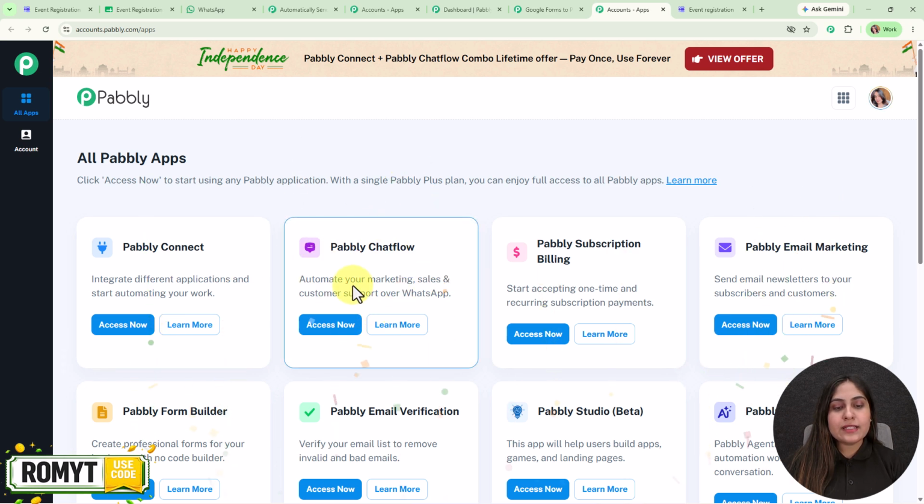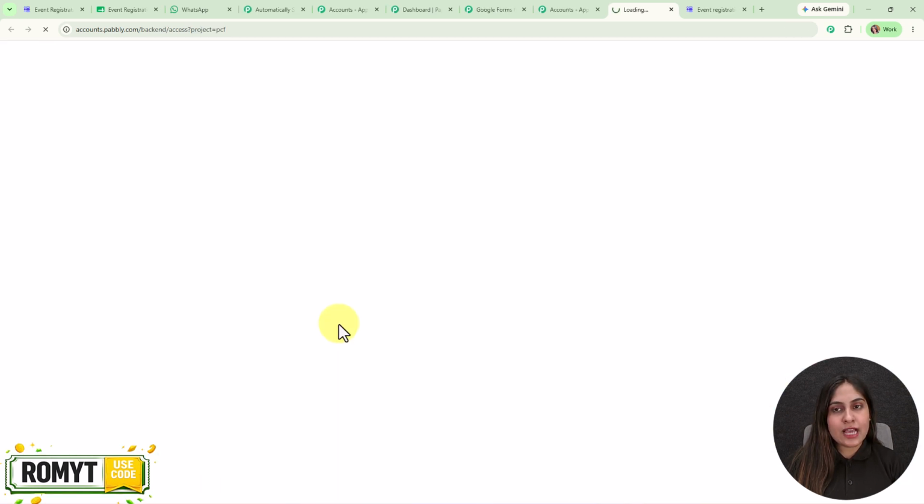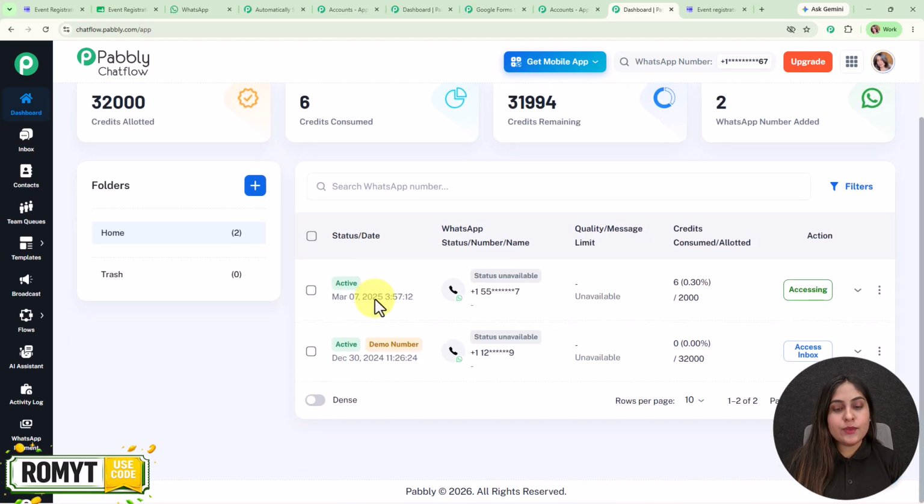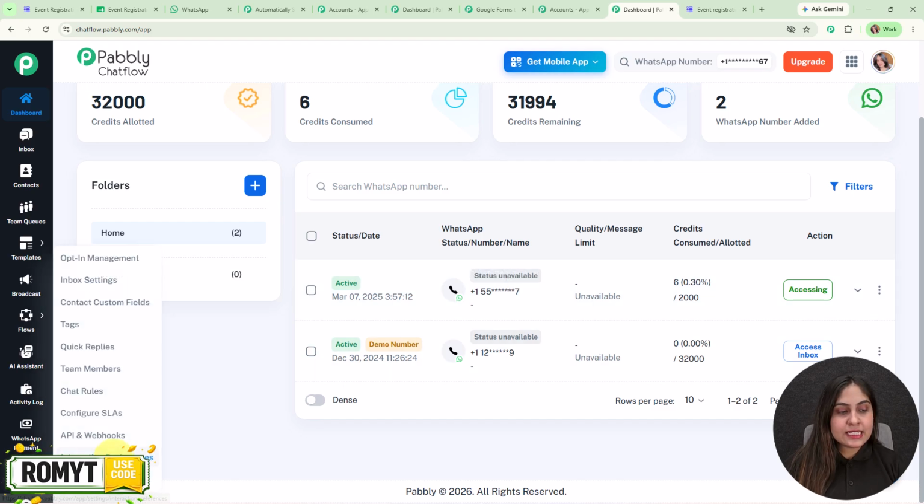From here, you need to access Pabbly Chat Flow by clicking on Access Now, and it will take you to the dashboard of Pabbly Chat Flow. Here you can see I've already connected a WhatsApp number inside my Chat Flow account. To learn how to connect yours, you can watch the tutorial available on our YouTube channel. Okay, then you need to click on the settings,